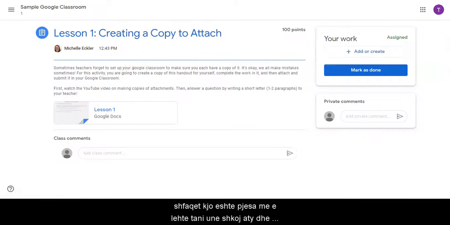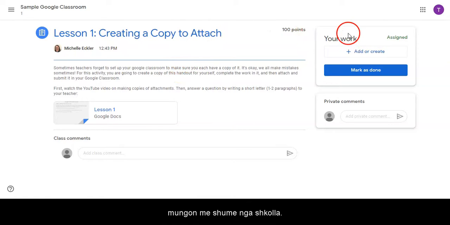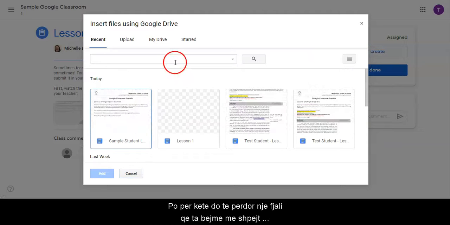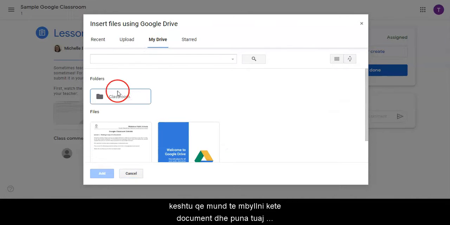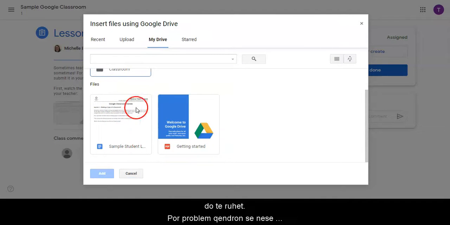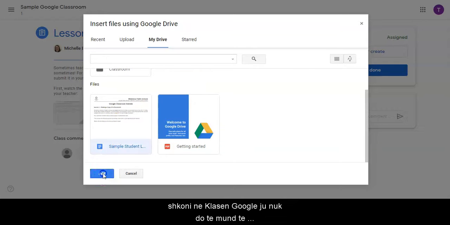Now the problem is when you go back to your Google Classroom, you now need to be able to attach that document for your teacher to see. So on the right-hand side, under your work, you're going to click Add or Create. You're going to click on Google Drive. This is going to bring up a bunch of documents for you, but if you click on My Drive, you'll see here, there's the assignment that you recently created. So if you click on that, and then you click Add,